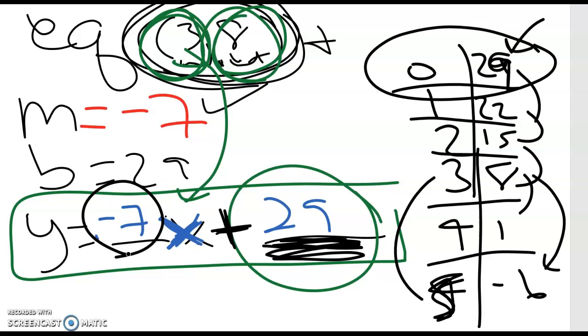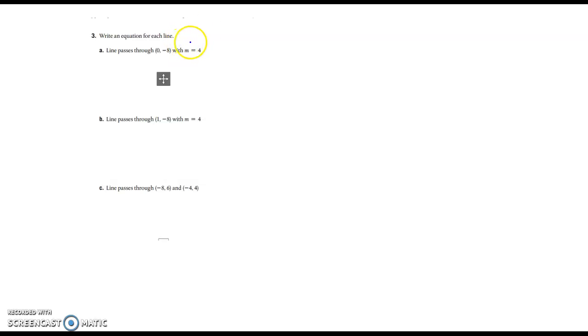All right, what I want you to do is go to page 355 and see if you can try to figure out the equations for number 3. So page 355, try doing number 3, A, B, and C. Okay, so let's look at this first one. Again, remember you need to know m and b to write an equation. So notice I know m, so y equals